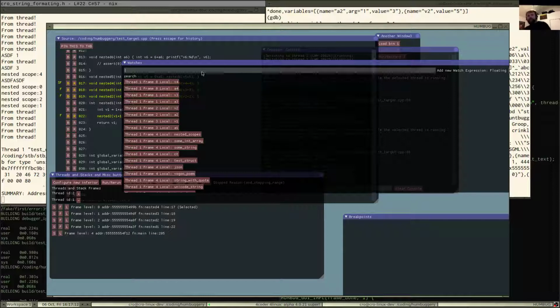Really the only things left are to make those buttons selectable from the keyboard and make it so that when you click them, it adds them to the watch window. That should be relatively easy. Also, I've got to make sure we handle floating and fixed expressions correctly, and that if I select this in this frame, it's pinned to that frame properly.